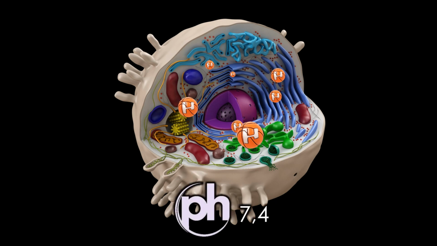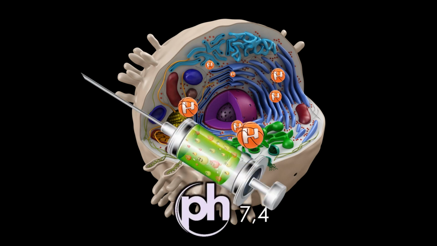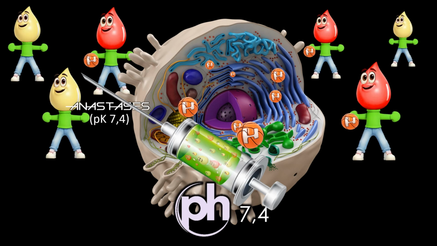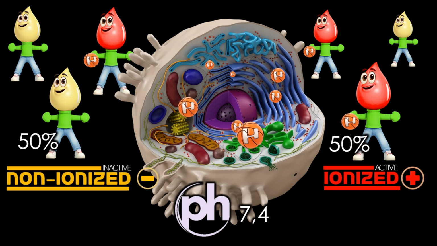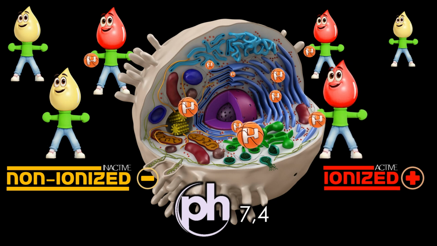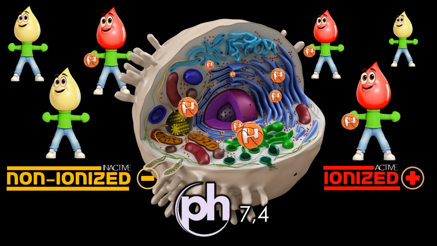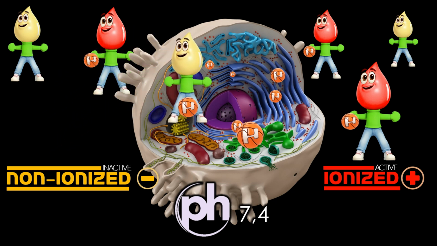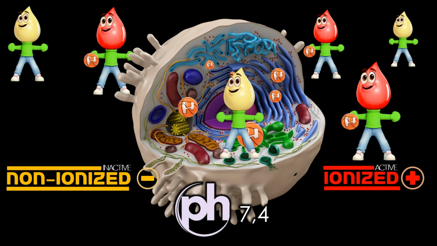When a local anesthetic with a theoretical pKa of 7.4 is injected into the extracellular space at a physiological pH of 7.4, half of the drug will be in its ionic form and the other half non-ionic. The ionic form, being non-lipophilic, will try to enter the cell but will not be able to do so, while the non-ionic form, lipophilic, will enter without difficulty. Once inside, the non-ionic form will ionize by binding to a hydrogen ion group, considering the intracellular medium's abundance of